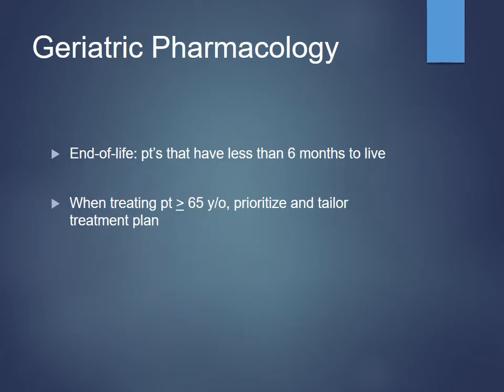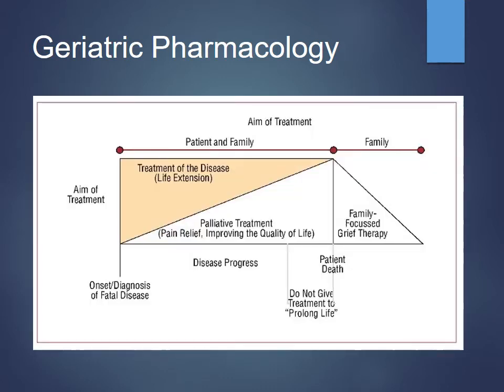So again, end of life being that stage where patients have less than 6 months to live, you really need to prioritize those patients as they get older to see what their priorities are, what's important to them, because that way you can tailor things to make sure they're more likely to be compliant. Obviously, early on in the course of the disease, we're trying to extend life as much as possible, but that can have negative effects on their quality of life due to side effects, et cetera. It can be a very big economic impact on them as well, which can affect their quality of life. But towards the end, you're getting more towards palliative treatment, where you're not necessarily looking to extend that quantity of life, but it's more about quality of life, looking to do things like pain control,